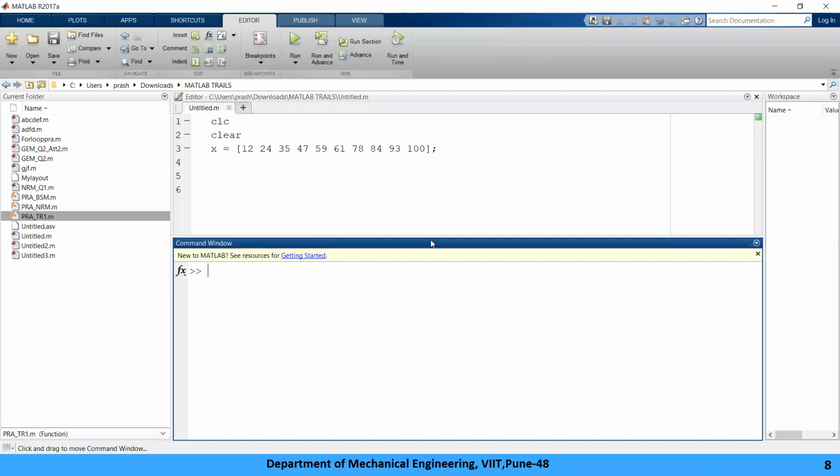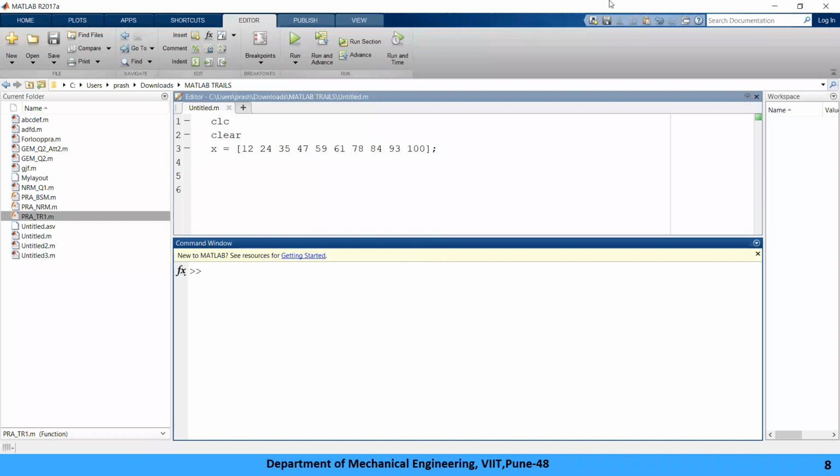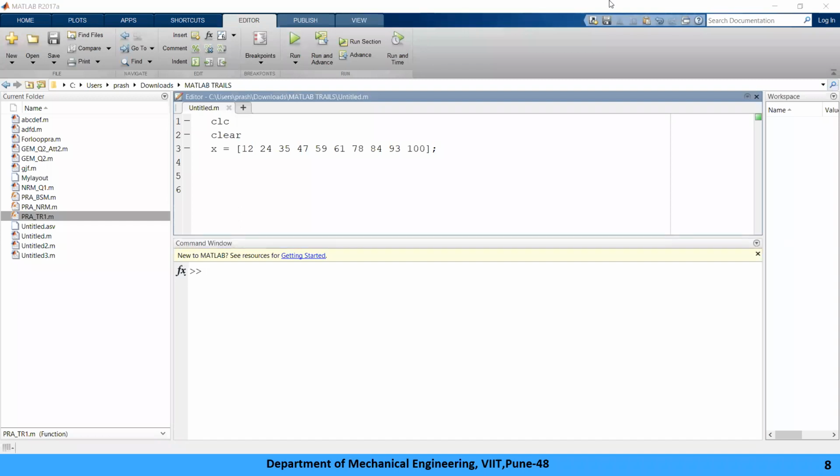Now see, first understand the problem statement. ठीक है, मेरा प्रॉब्लम है आई हैव द डेटा ऑफ एक्स, ओके, एंड somehow I need to sum all the values of x square. ठीक है, summation of all the values of x square.